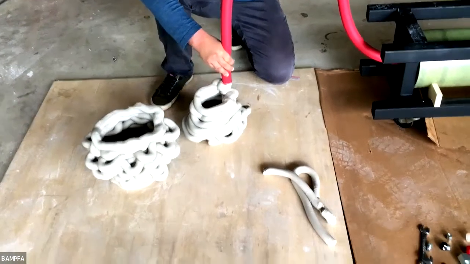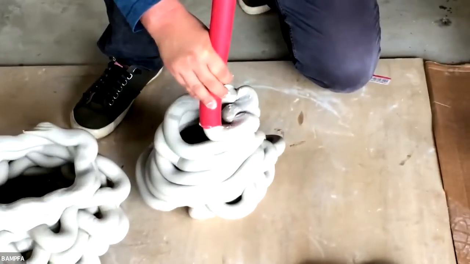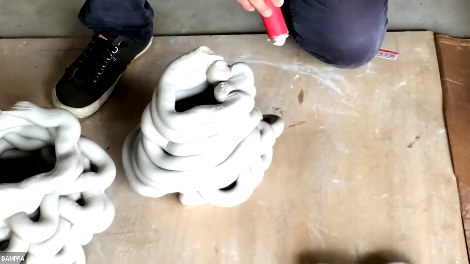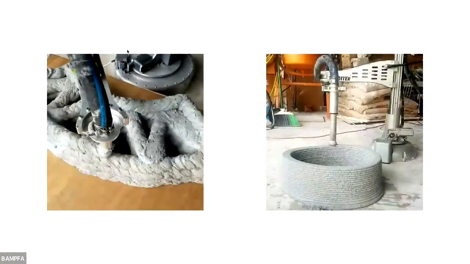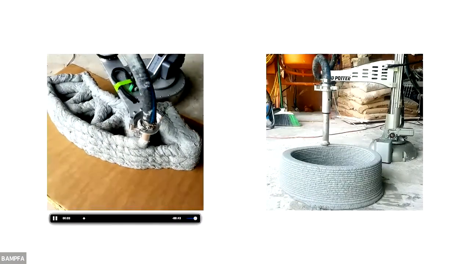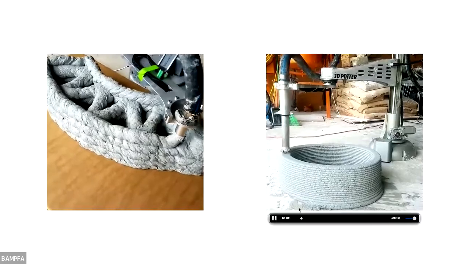We also need to figure out how to pump large amounts of material through a hose. So this is kind of a manual 3D printer right here where we're imagining what it could be made. And we got better and better at pumping material. We got better and better at increasing the strength of the robot.